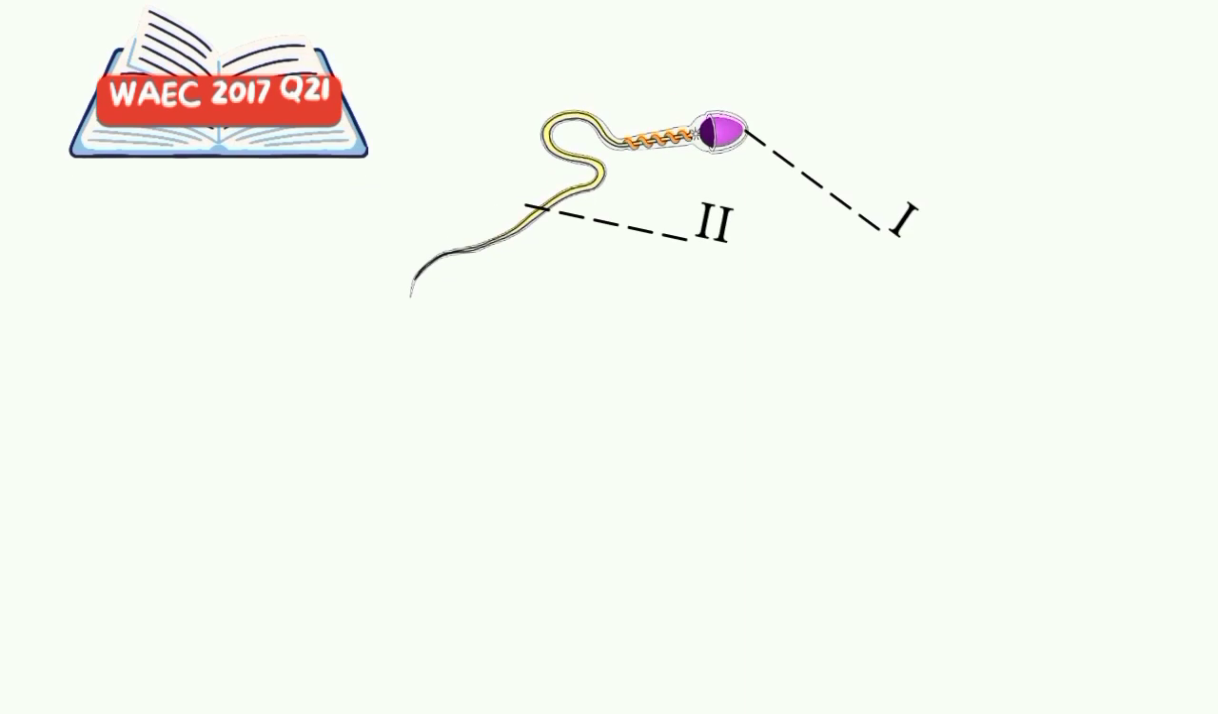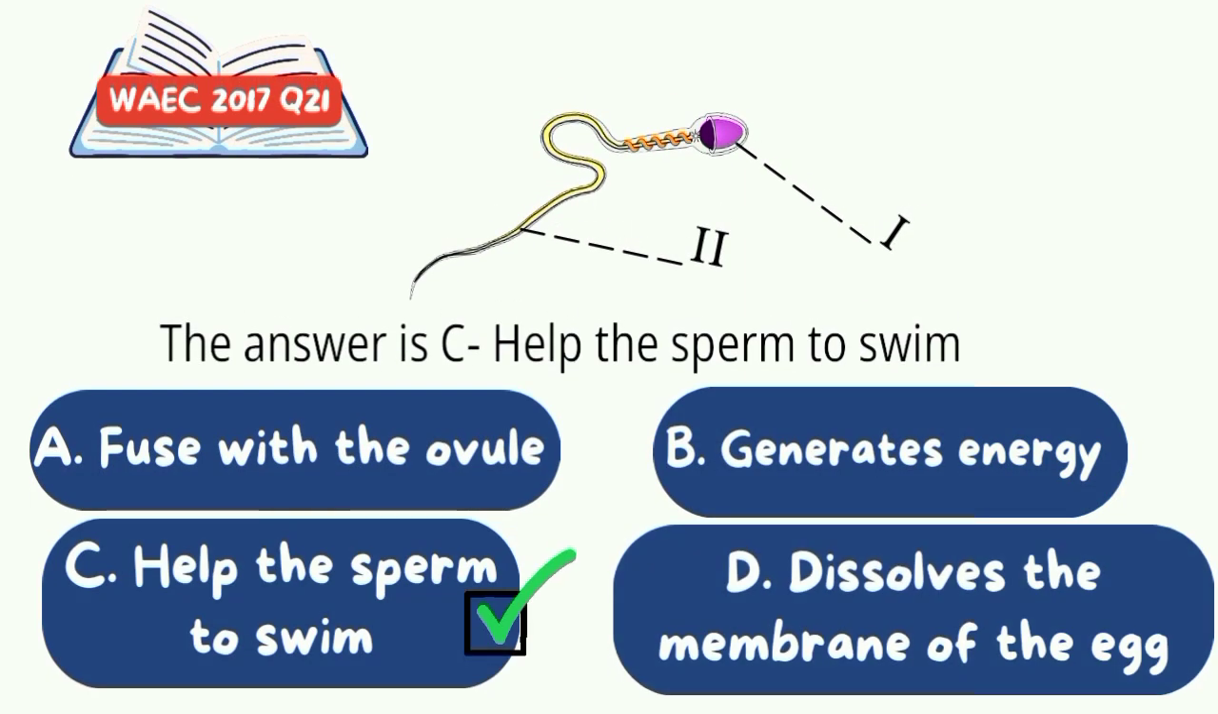The correct option is option C, help the sperm to move. The part labeled Roman figure 2 is the tail, and the function of the tail is to help the sperm to move as they journey towards the egg for the process of fertilization. It is the nucleus that fuses with the egg, and it is the neck region where we have the mitochondria